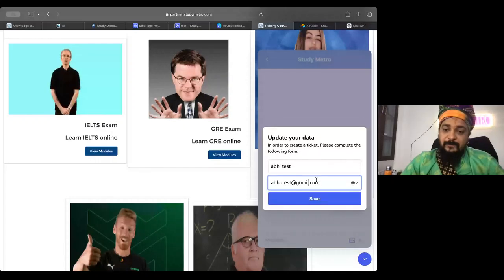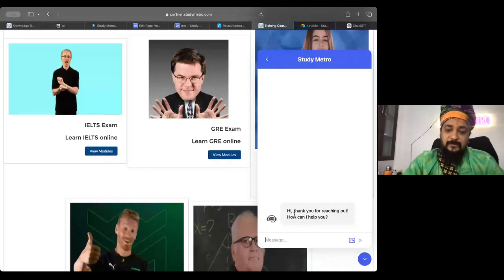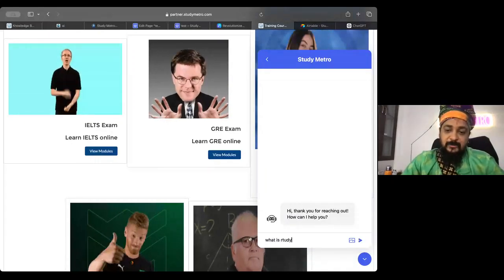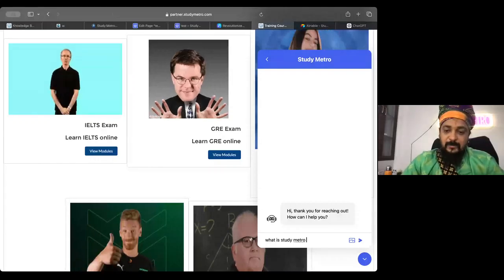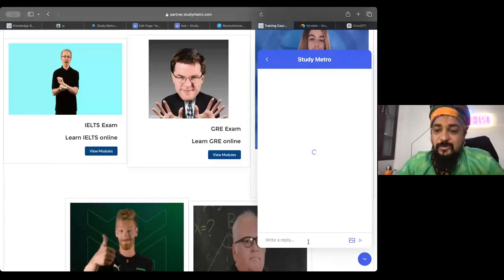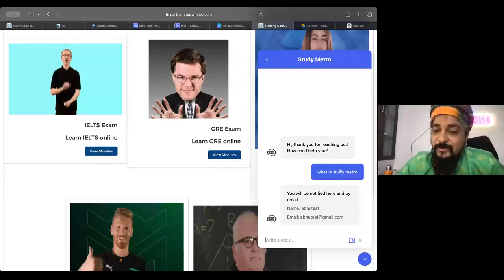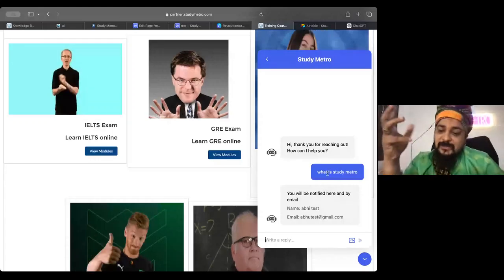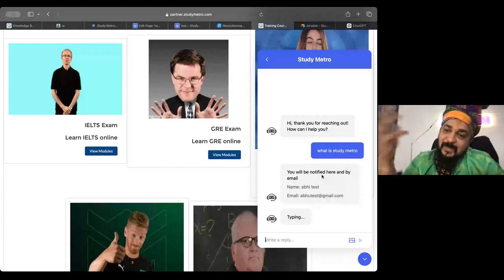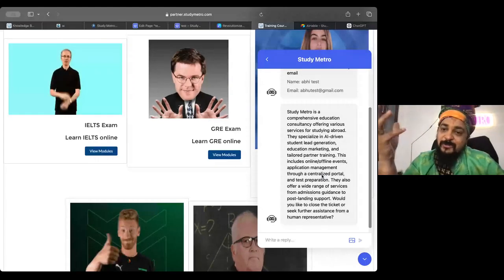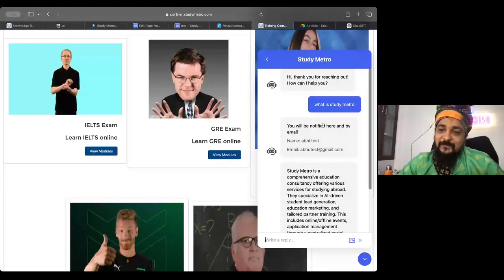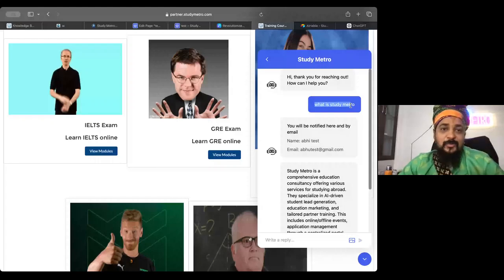So here, whatever questions you ask, for example, what is Study Metro? Okay, whatever you ask, it will start giving you, okay, Study Metro is this, Study Metro is that. The AI will start talking about all this. Study Metro is a compulsory service provider. But if I ask any questions to the